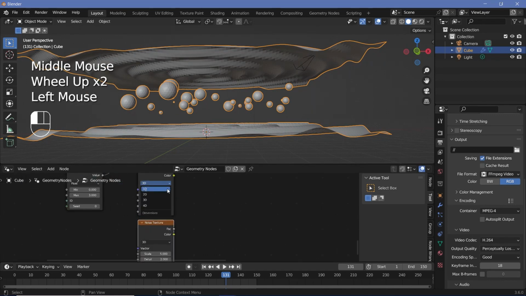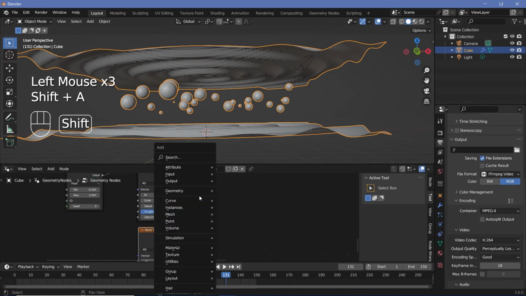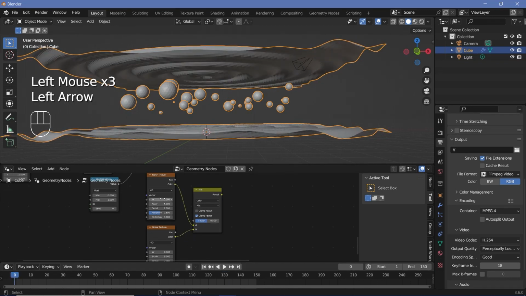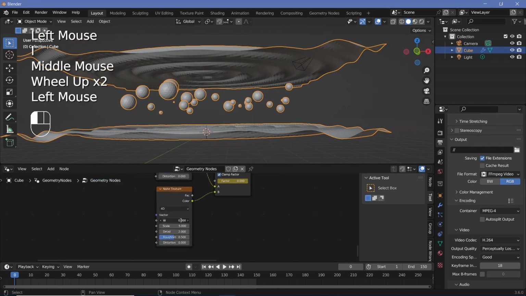Press Shift D, change both of them to 4D, and then search for a mix color node, and then plug this color into the first socket, this color into the second socket, go back to frame 0, hover over the W value and tap I, change the factor down to 0, tap I, and then change this W value to